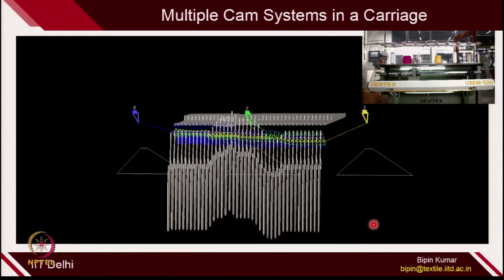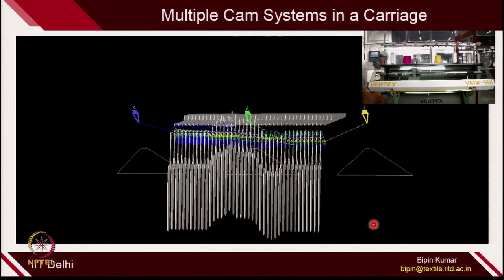For example, if you see this video, the carrier is moving from left to right or right to left, but ideally speaking this carrier is making 3 courses in one go, because of the 3 cam system. These were some of the latest developments in the knitting machine. So, whenever you go and check the specifications, at least you can imagine and relate what the possibilities and the potential of that particular machine are.